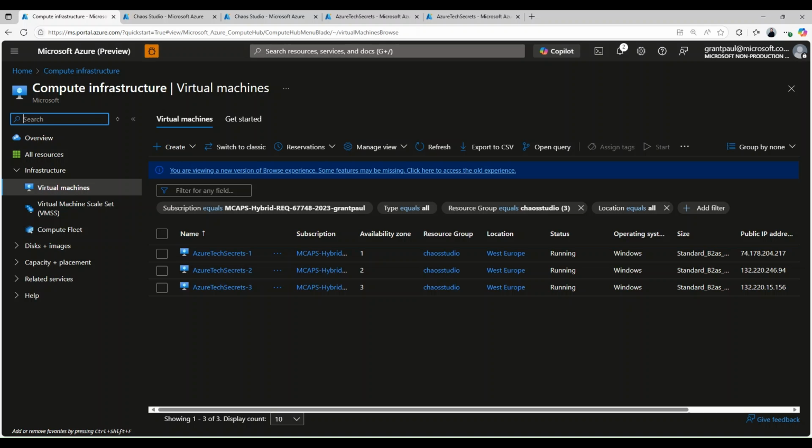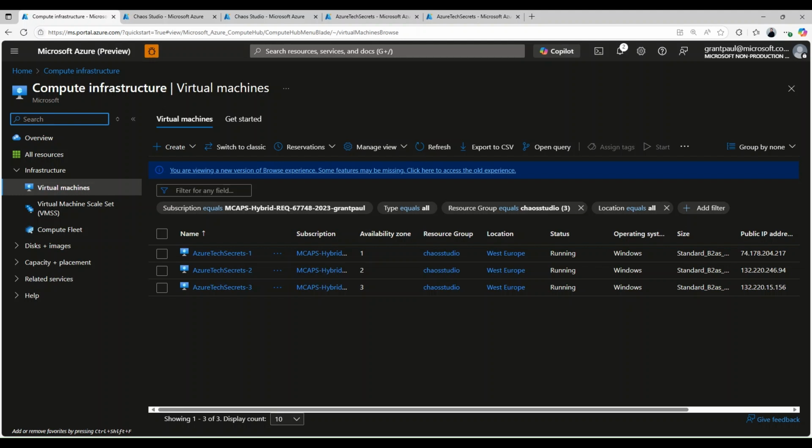Hey everyone, today we're diving into a really cool tool on Azure that helps you test the resilience of your applications called Azure Chaos Studio. If you're building your cloud applications and want to ensure they can handle unexpected failures, this video is probably for you. Azure Chaos Studio is a managed service that basically allows you to run chaos engineering experiments directly on your